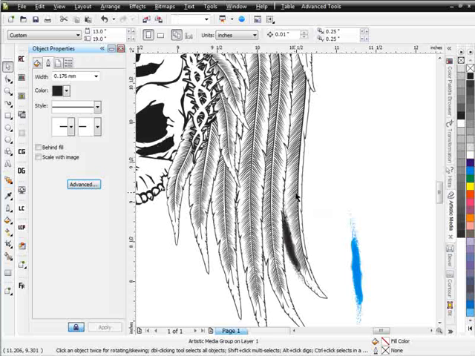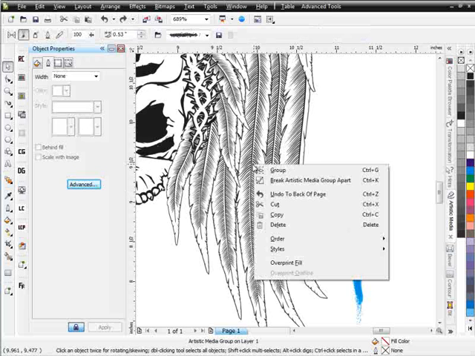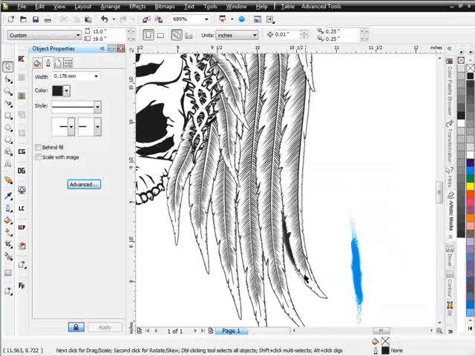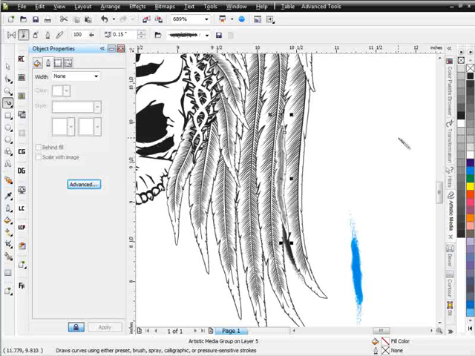And actually I don't want this to back of page. I'm going to hit Control Z. I want that there. I want this order and to back of page. Now I've got this set up as shading here, but I can also come in with my brush and start shading right down along my feathers. And we'll change that to that watercolor brush we were working with, which I believe was that one right down here at the bottom. Change that to a black,